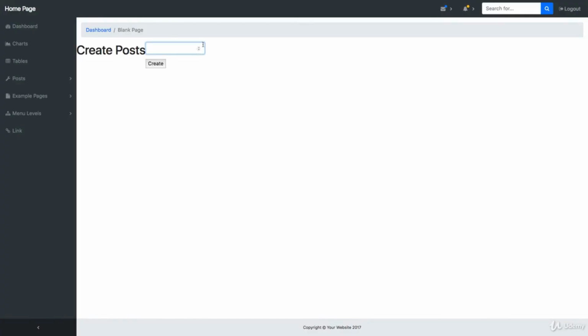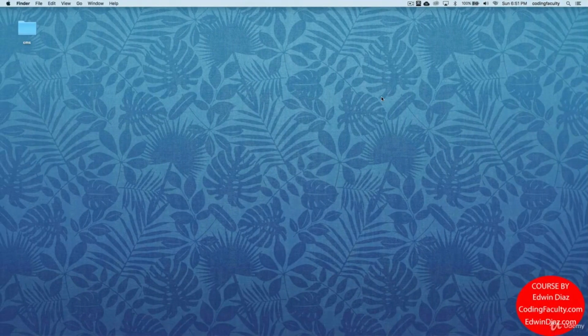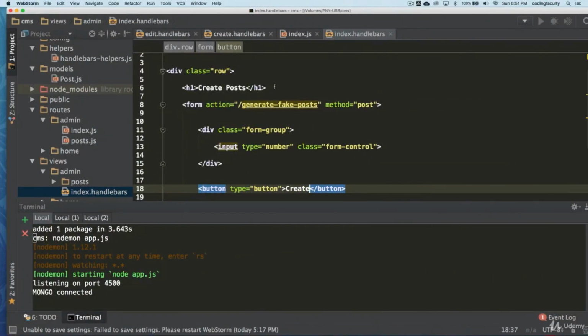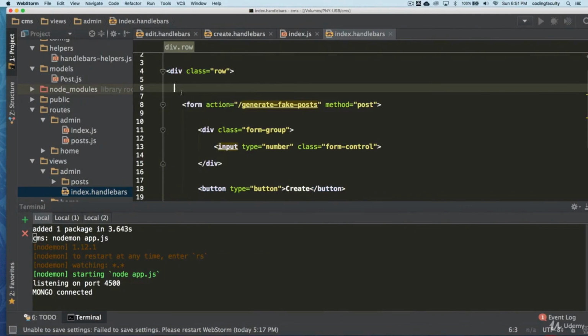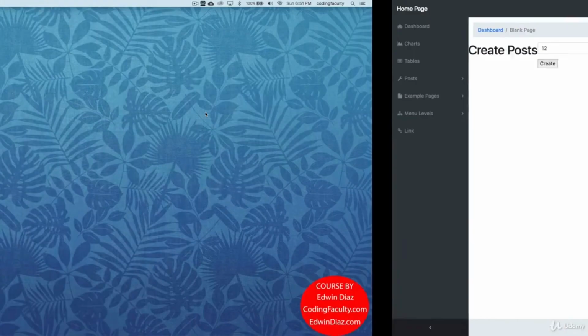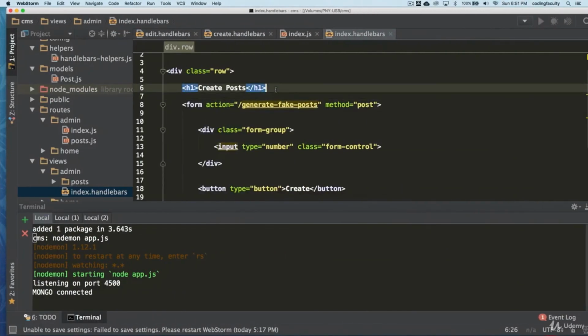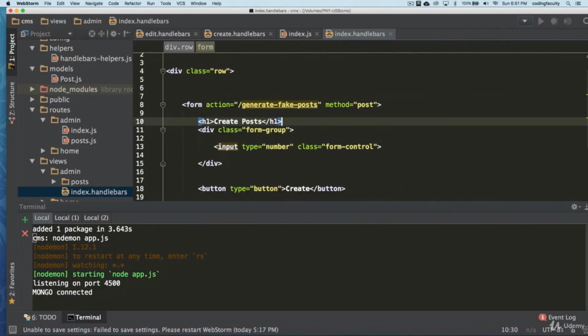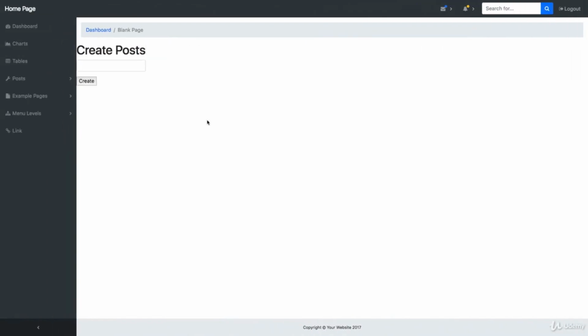Okay, so not a lot to see here, but I just want to go ahead and create, and let's say I want to create 100 posts and create. That's it. It doesn't need to be pretty, okay? It's basically just creating some type of fake data. I don't like the way that post looks there. So let's just make it, let's see if it works good here. Yeah, that's a little better.